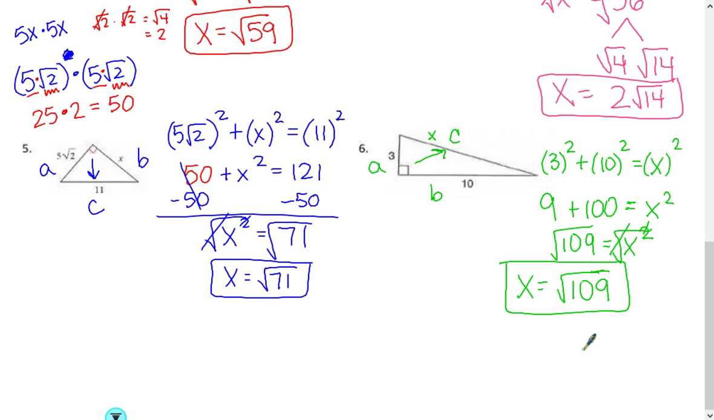All right, after you finish your notes, you should be working on, I believe, the back side of your assignment for practice. Good luck. If you have any questions, please ask your math teacher,